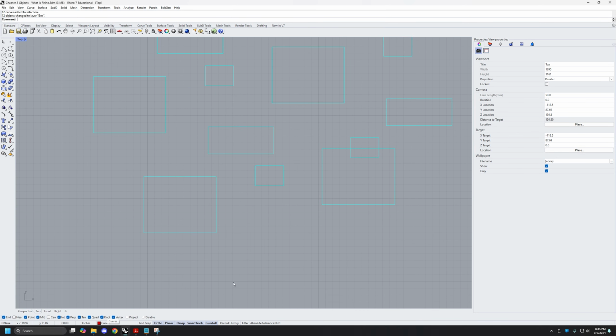Okay, my current layer is still the curves layer. There's still the red layer. Okay, so the Smart Track feature is a feature that creates these little guidelines for your cursor to help you snap to places a little more easily. So for instance,